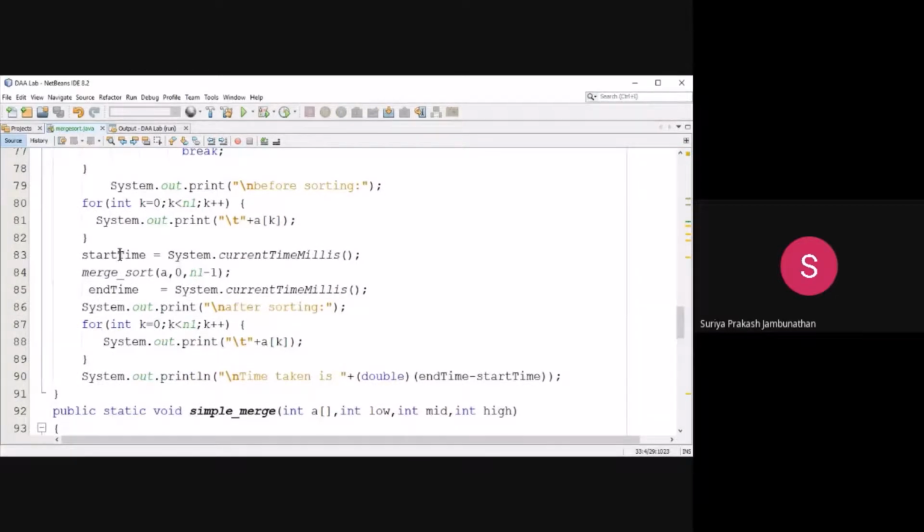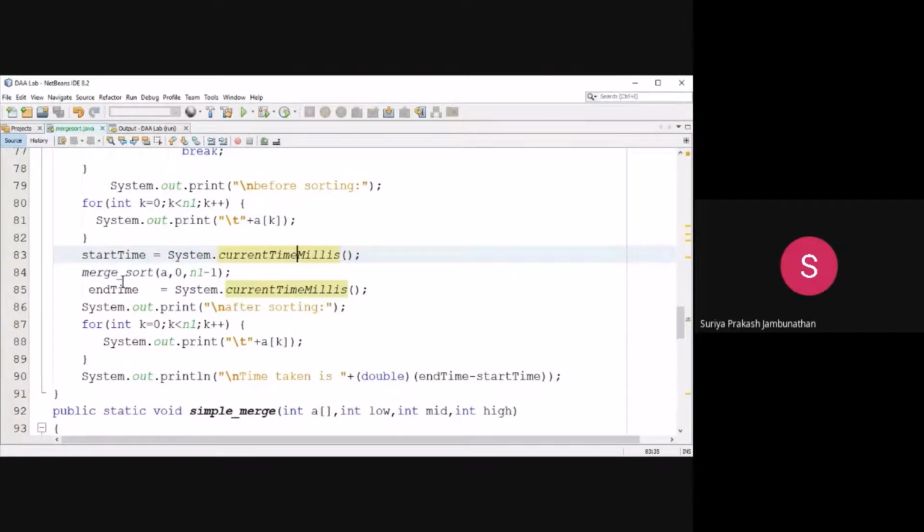Now we are just doing the start time. So start time will be System.currentTimeMillis, which is the time at which we are starting the basic operation. The basic operation is this one. So what is the basic operation? We are starting the merge sort with the size of the array, 0 to n minus 1, the starting of the array and the ending of the array. These things we are passing as parameters to the merge sort method. So the merge sort method will be the basic operation for this program. The starting time and ending time of this merge sort method will be the time taken for our program.